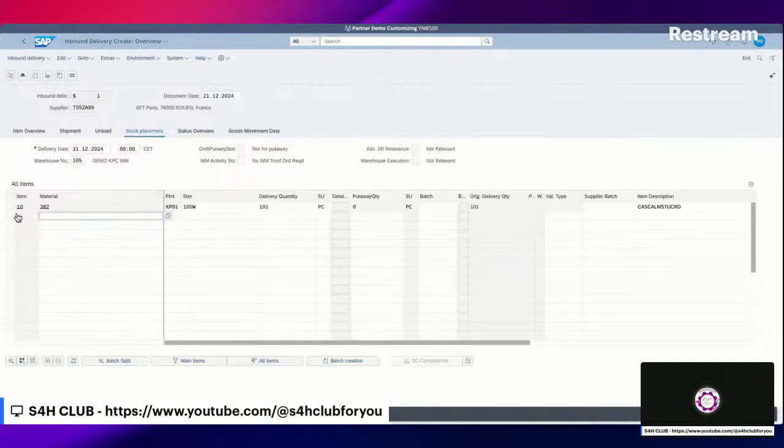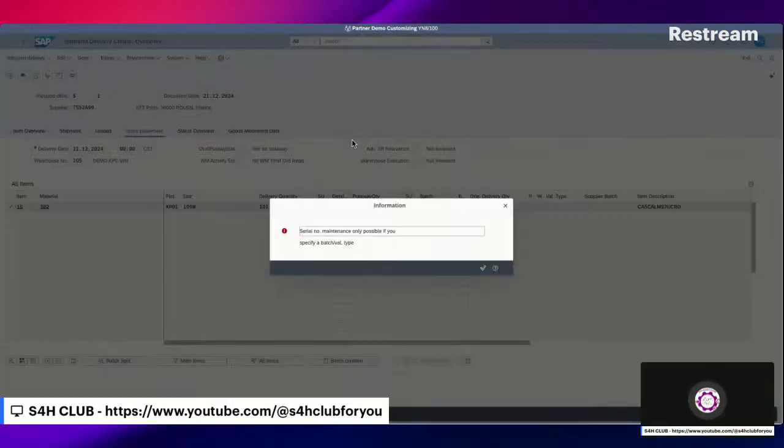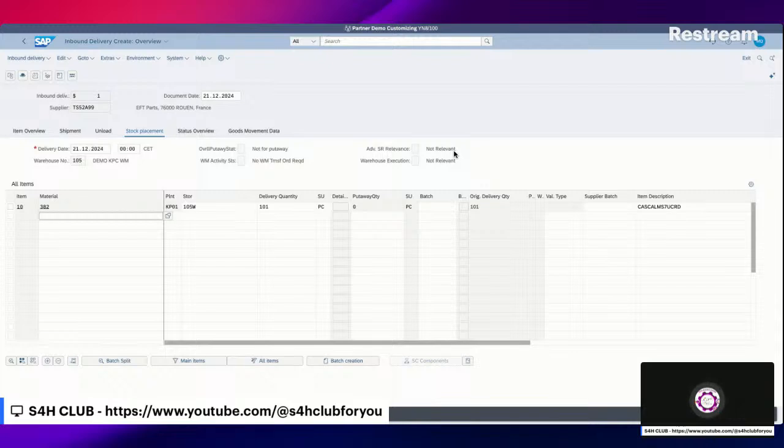I was sure that the serial number is only possible if it's managed by batch. So we have both things in this inbound delivery, where the material is managed by batch. So I just have to select the line, and